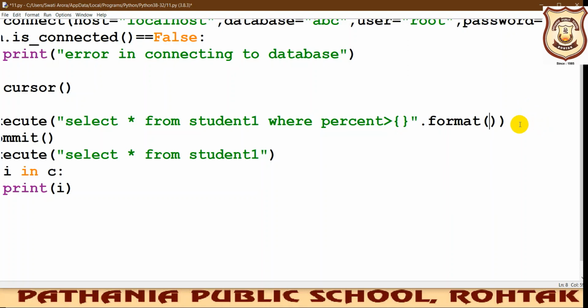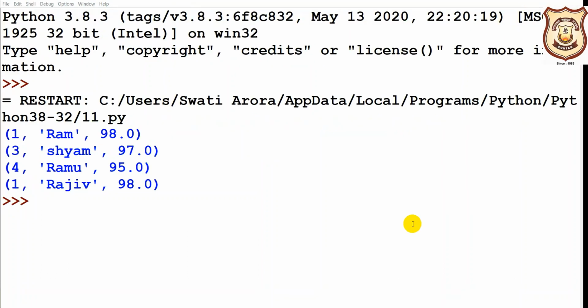I say if the percentage is greater than 98, I just want to have the names of all those students whose percentage is greater than 98. For that you need to save this command and run it. On running we'll get this output. I hope the concept is clear to you all.